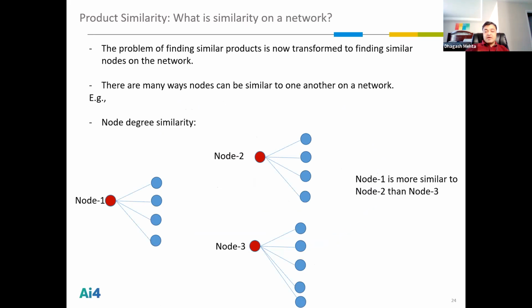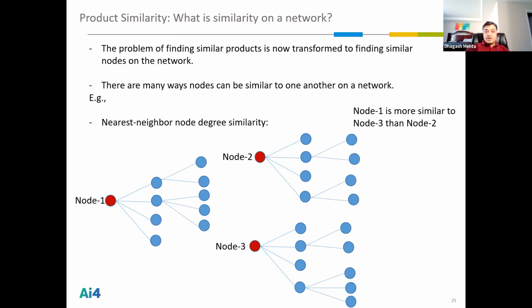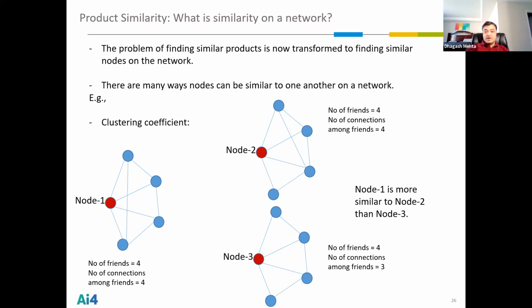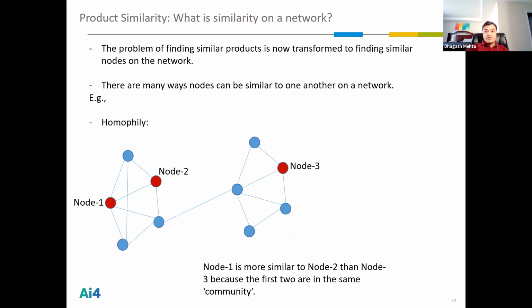So once I have that, my whole problem of computing similarity becomes a similarity computation on networks. For example, on the network, node 1 is similar to node 2 because it has the same number of nearest neighbors. Similarly, node 1 is similar to node 3 because it has the same number of next-to-nearest neighbors. There are different other quantities as well, which can tell you more and more things about similarities.